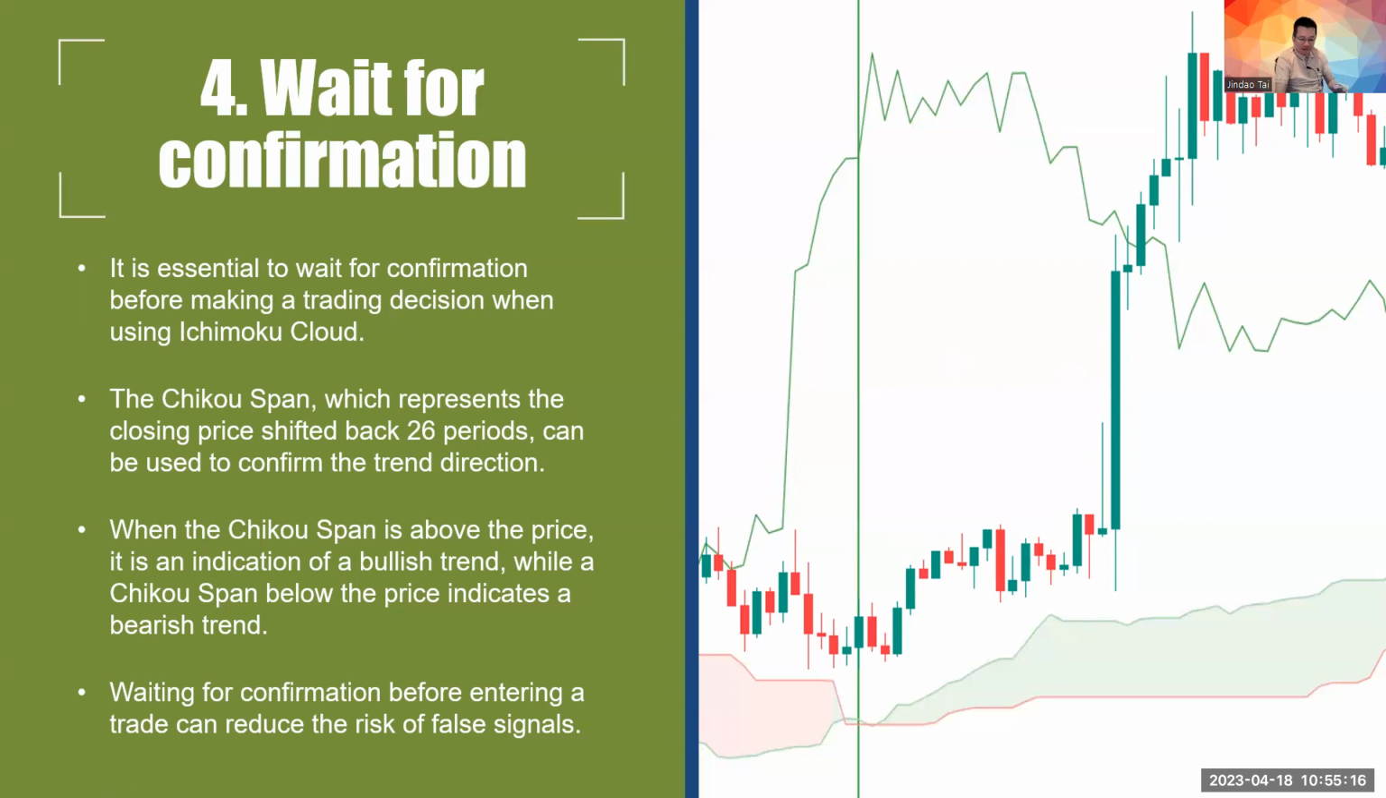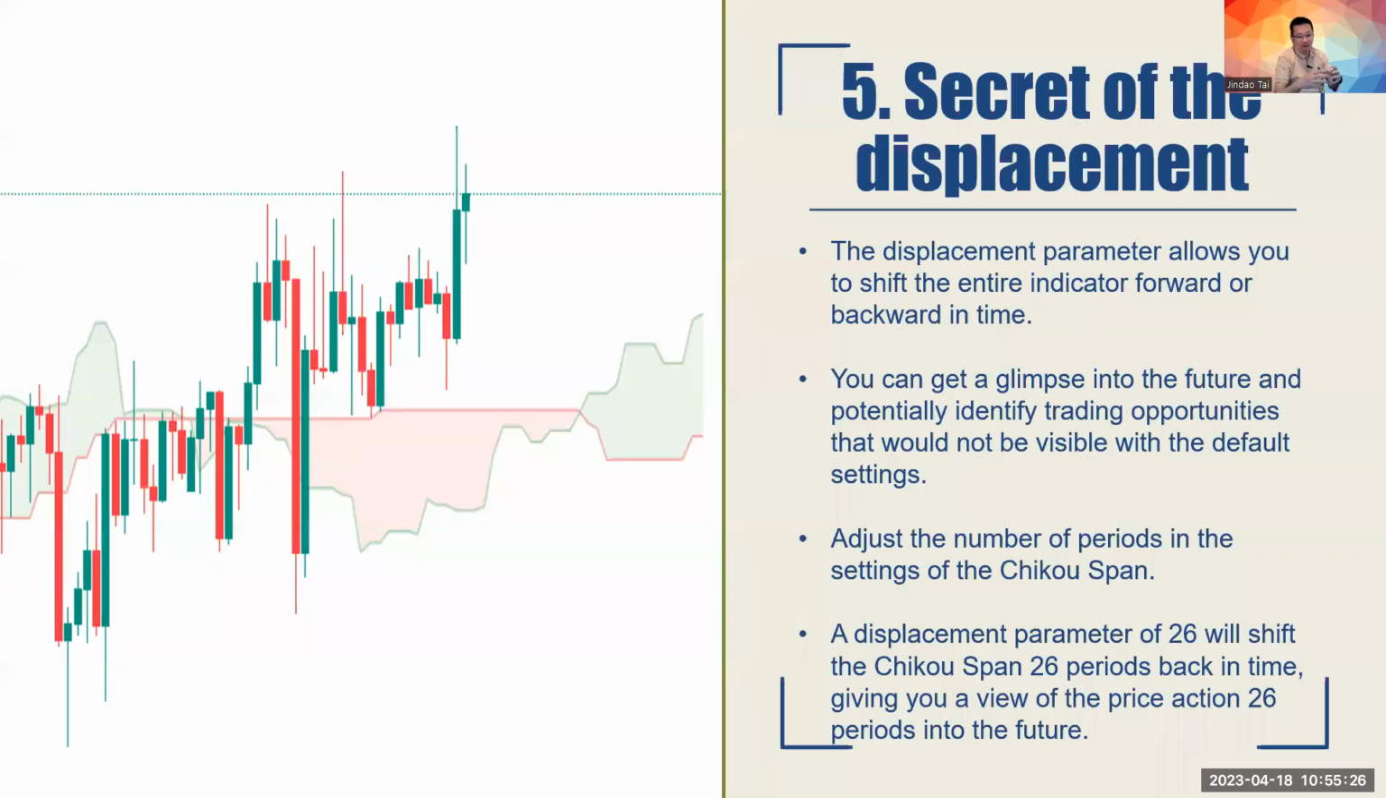breaks, false entries. And lastly, one of the secrets that not a lot of people apply onto their Ichimoku indicator is where you can look at displacement, the secret of displacement. The displacement parameter allows you to shift, right? Shift the entire indicator forward or backward in time. Naturally, you always want to shift it forward just so that you can have a glimpse, a view into the